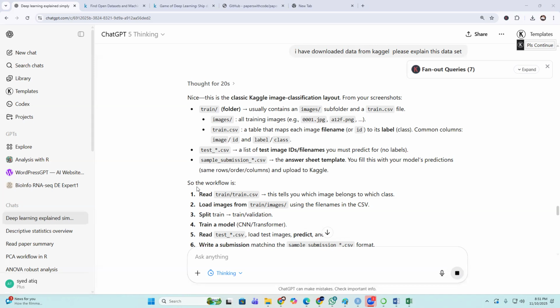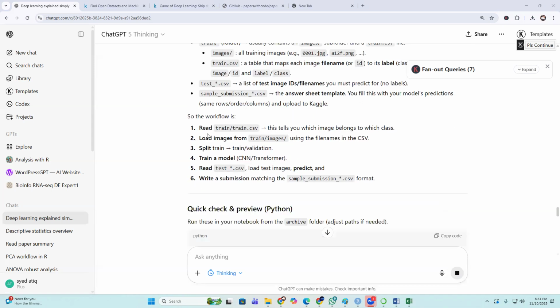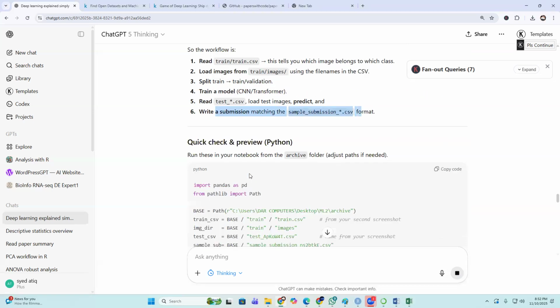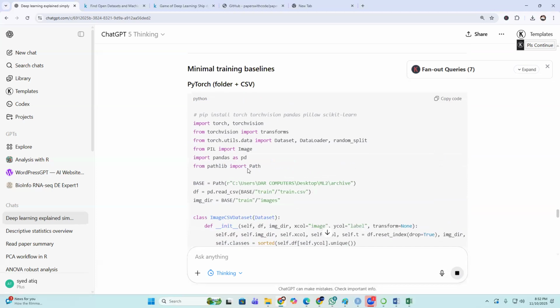Sample submission. So the workflow is: read the train CSV file. This tells you which image belongs to which class. Load images using the file names in the CSV and split into train and validation. Train a model, CNN or transformer, then load test images and predict, and write a submission matching the sample submission CSV format. After that it will give you the results in a CSV file. Here are its steps, but first we need to